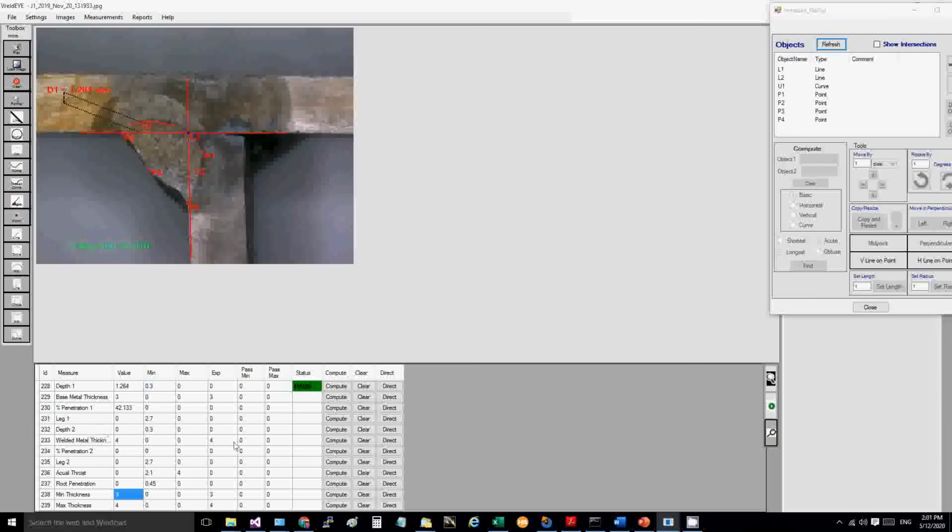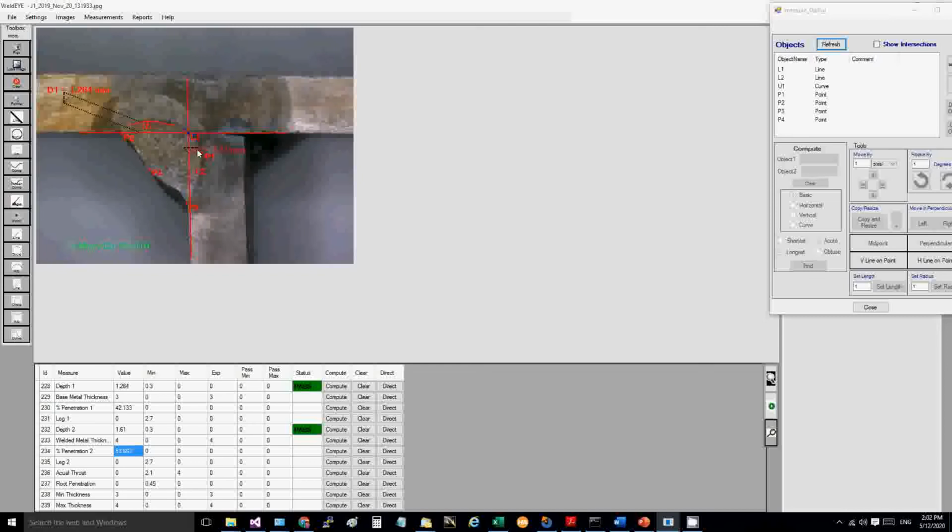Similarly, if you are measuring depth 2, it will be L2 and P1. Again, if you see, it is 1.61 divided by minimum sheet thickness into 100. So here I got the percentage penetration, 53%.